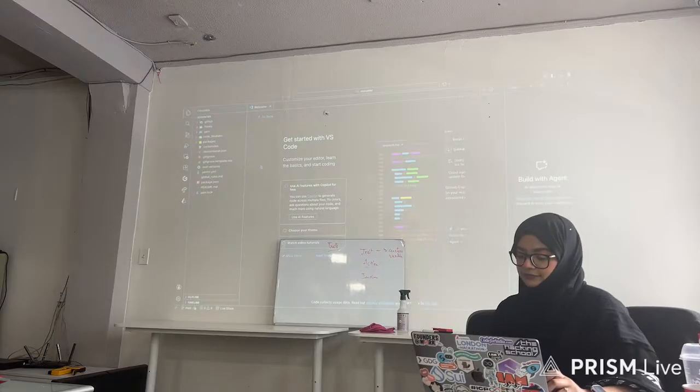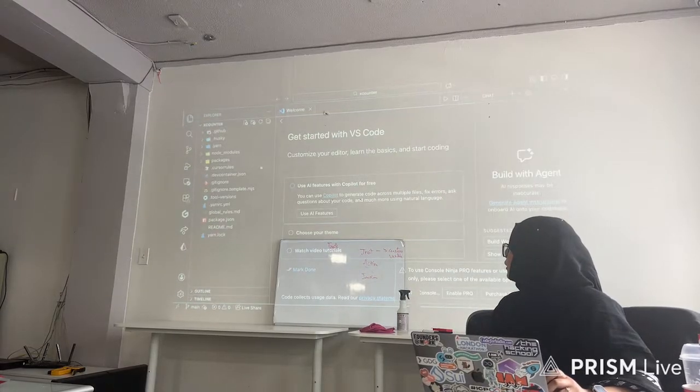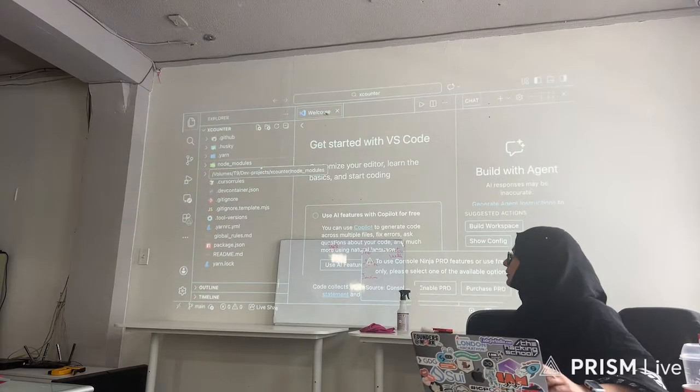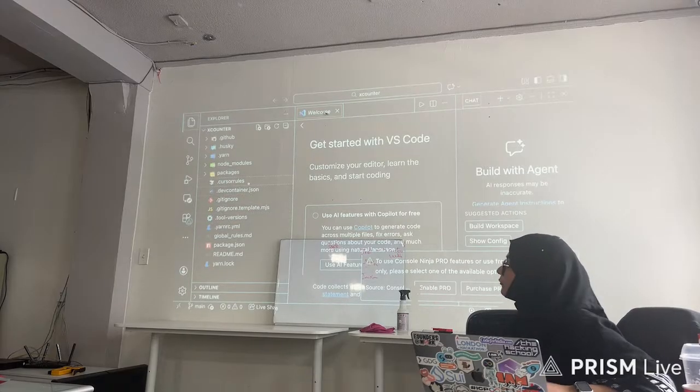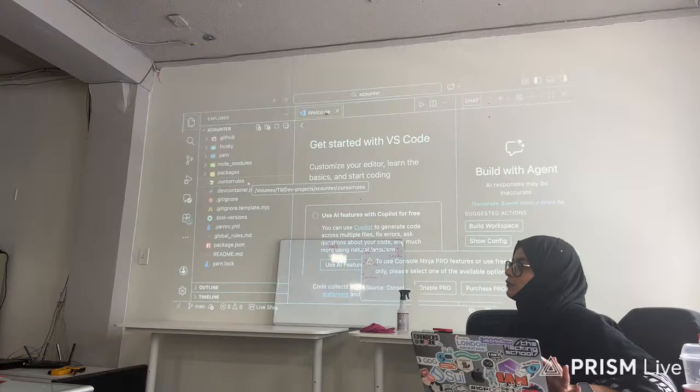Did it work for you? Still almost done. Still initializing dependencies. Okay. This is what it will create. Now, funny thing, because they know everybody is not using VS Code anymore and is using Cursor, they also